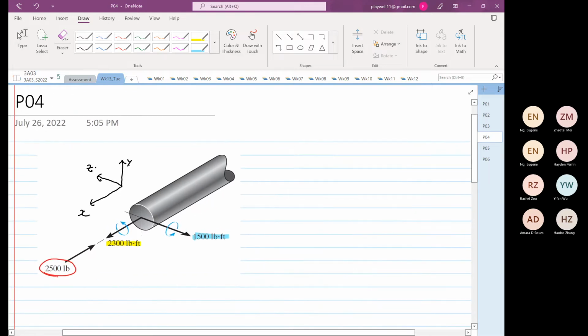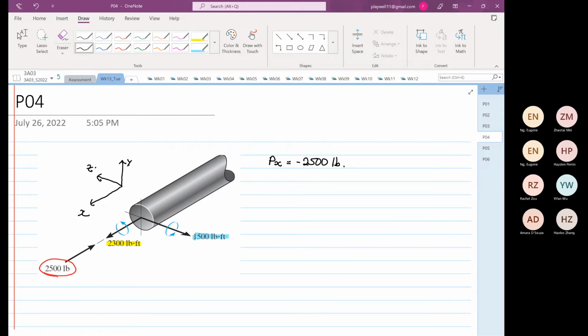We know that we have a PX equal to minus 2,500 pounds. Then we have a torque in the X